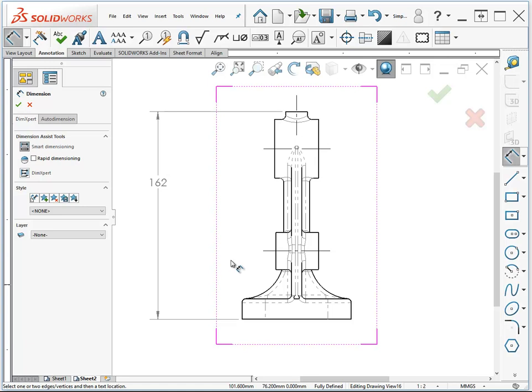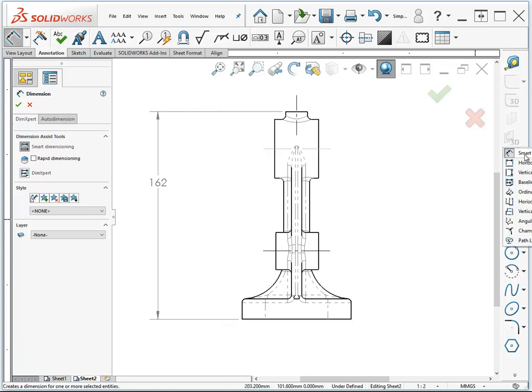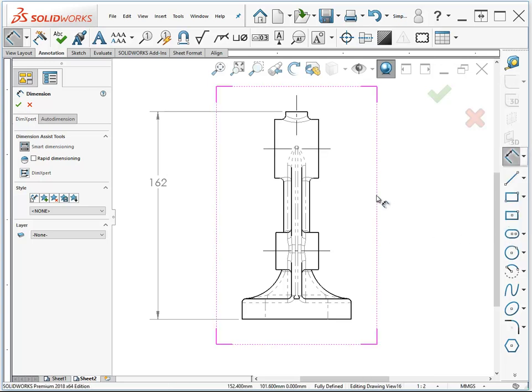Now from here, remember that you can also do things like baseline dimensions, ordinate dimensions, and things like this. So it's a lot easier to get what you're looking for specifically, I think, with your reference dimensions than it is